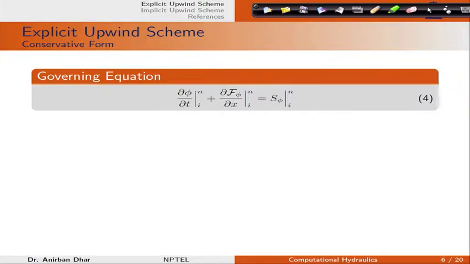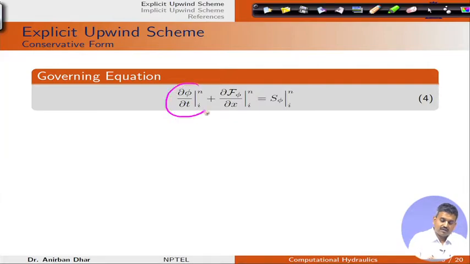So, let us utilize our explicit upwind scheme. What is this upwind? Depending on the value of lambda, or the sign of lambda, we generally change the scheme. If it is positive or negative, we need to change our discretization in space. So, we have our original conservative form equation,